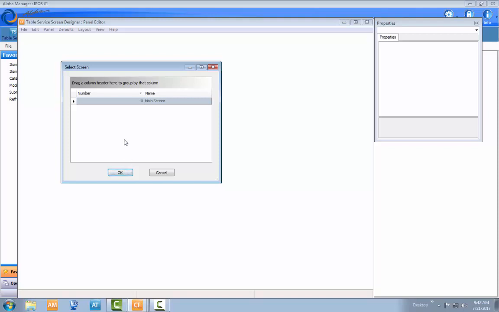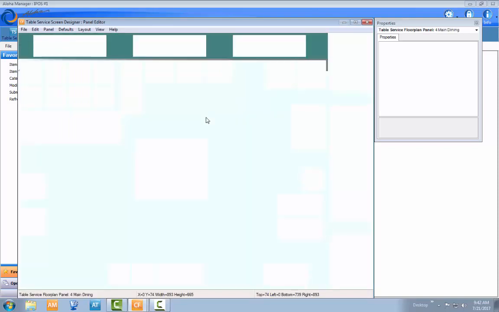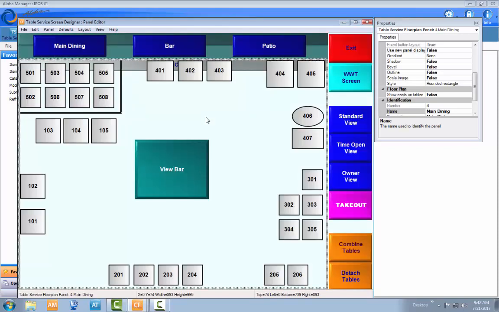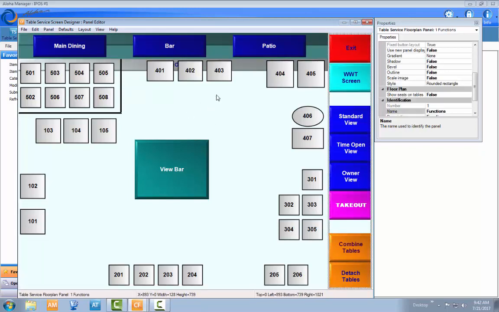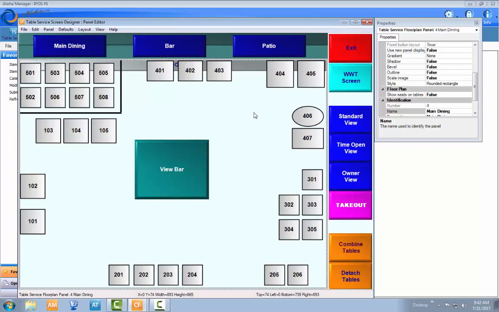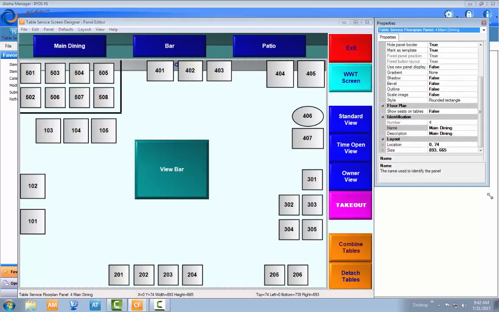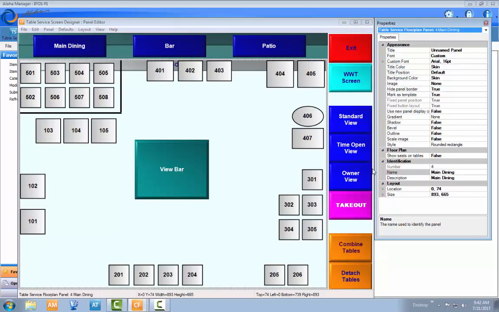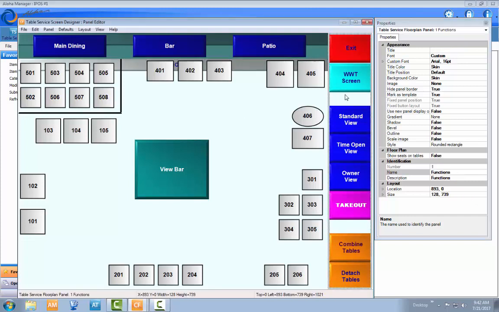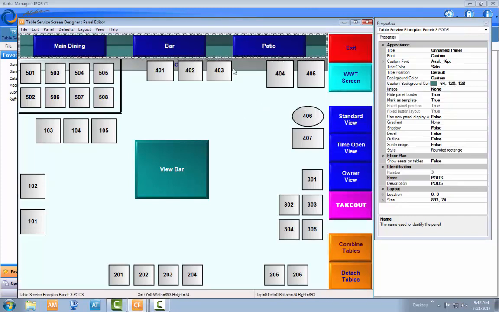In quick service, sometimes you would have an additional screen for, say, a delivery driver window or counter service people. And it's going to go ahead and open up all three panels that your staff sees. So what we have here is one panel, two panels, and three panels. You can see that. And if we are clicking in the individual panel, not on an item in it, my property box up here will show me the properties for that entire panel. And you can expand this to make it a little bit longer. So this is showing me the name of the panel, the size of the panel, the dimensions, and its properties,